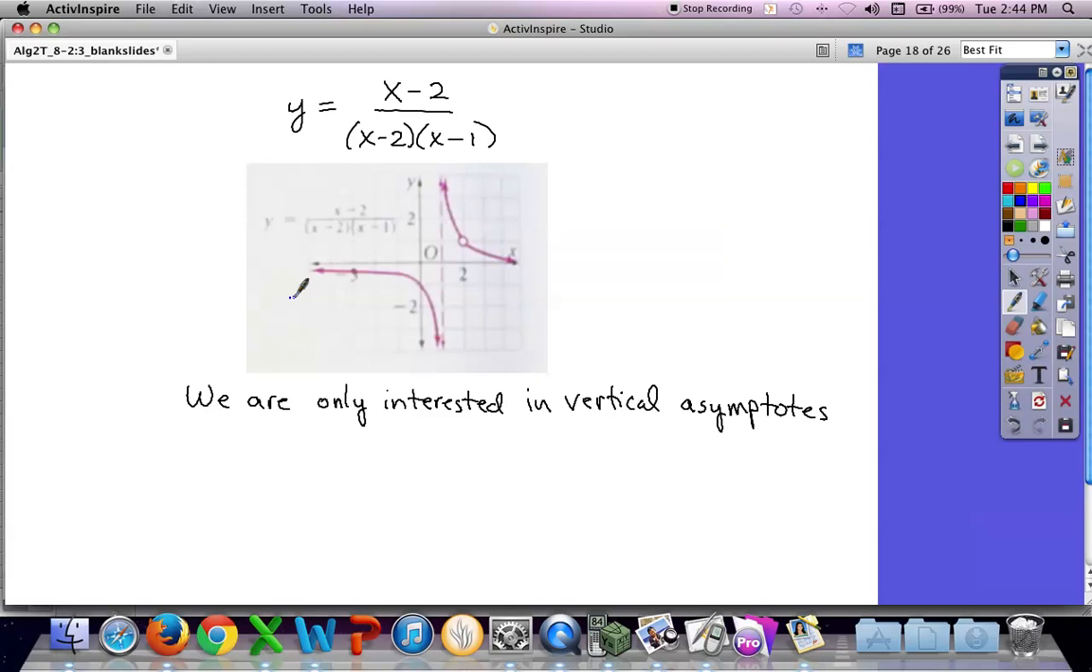The zeros of the denominator, as we just said, is where we look for points of discontinuity. What are the zeros of the denominator here? 2 and 1, right? If I set this equal to 0, then I would say x equals 2 and x equals 1. Right? But notice that x minus 2 is a factor also in the numerator. So when I cancel those out,